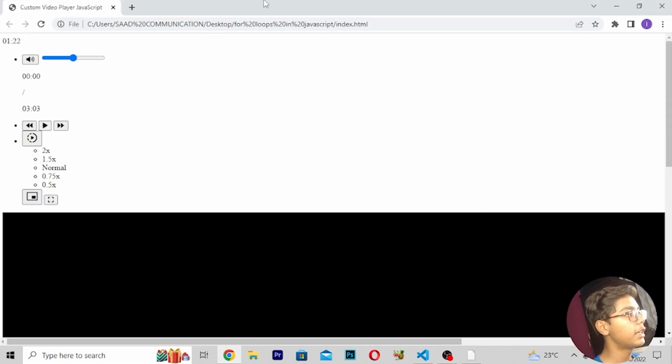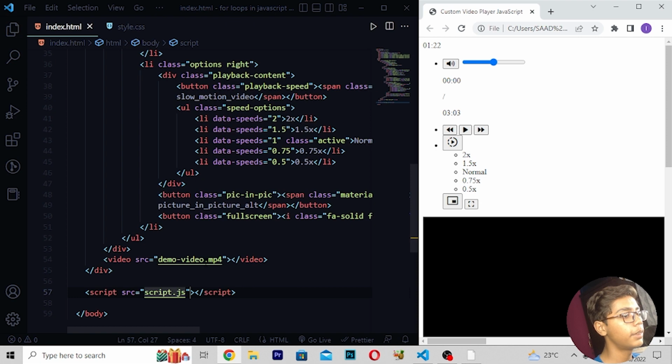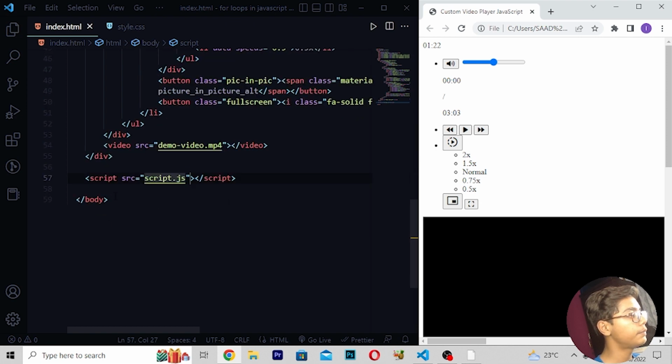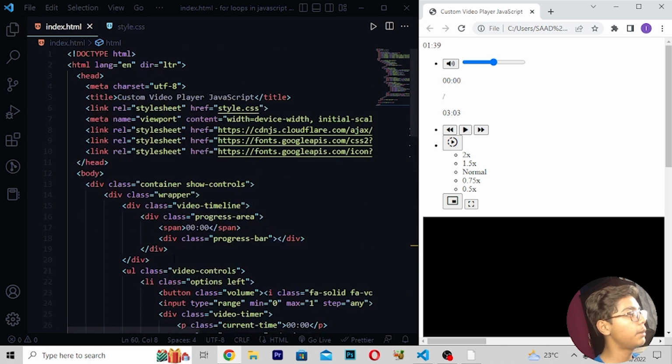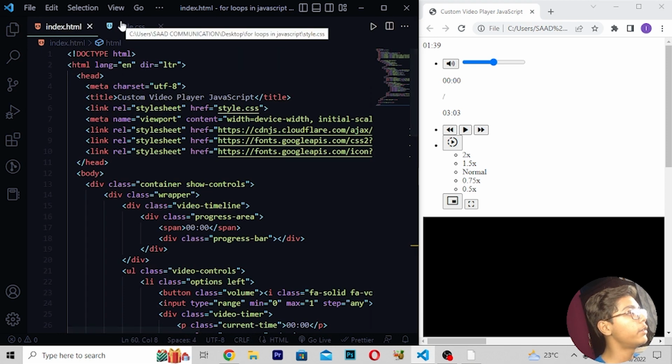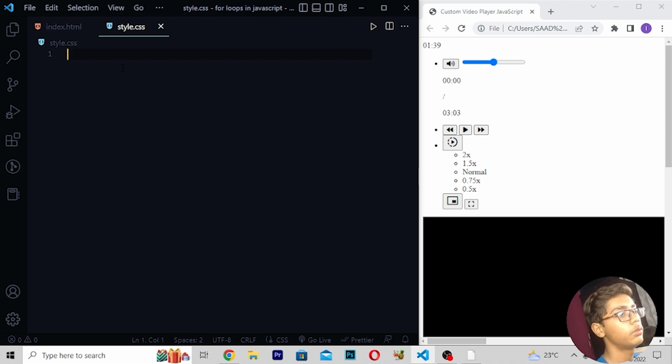So when you are getting this, I will be doing one thing: writing html like this, save, then reload. And now if I show you, you can see this. Then I will be moving to the top. After moving, you have to move into this file. Now when you are in this file, you have to do one thing.